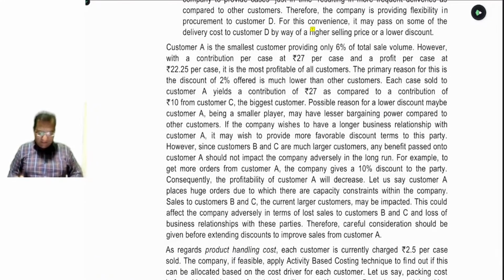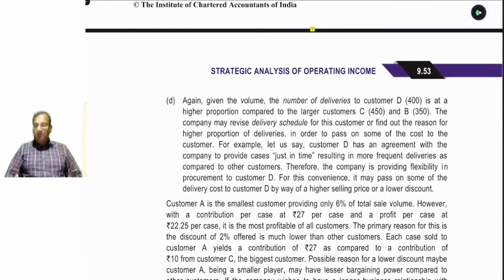ठीक है बेटा, तो चलिए आज का सेशन अपन यहीं पे एंड करते हैं बेटा। In the next session we will solve 2 or 3 more questions on customer profitability statement. Along with that, we will start a related topic known as direct product profitability in the next session, beta,